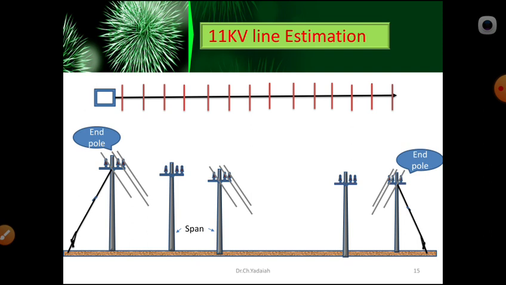For example, you can see in the figure, it starts at this end and ends at that end. Two poles are compulsory, and you have to provide stay sets to keep mechanical strength. In normal running conditions we can use the normal poles, but at every cut point you are going to use two stay sets. Let us do one problem.